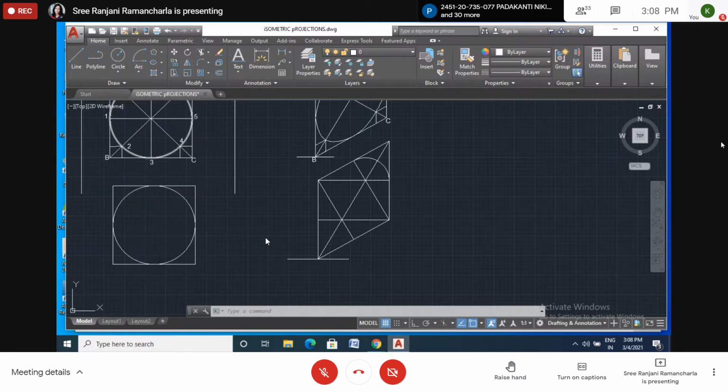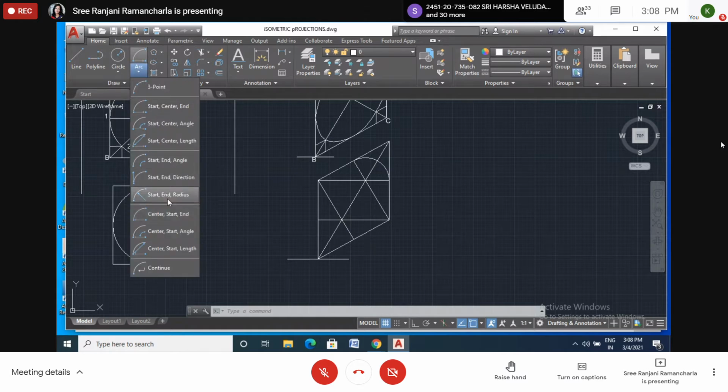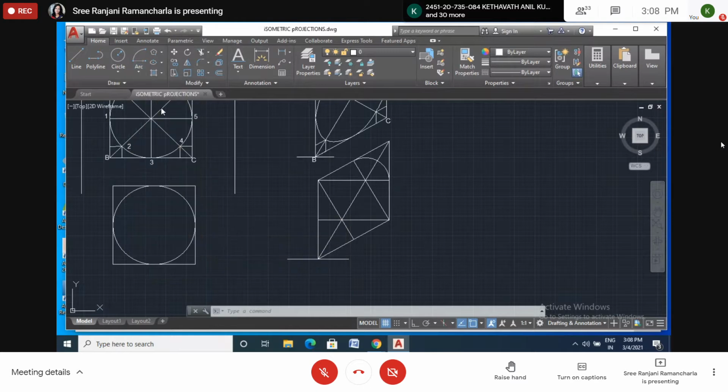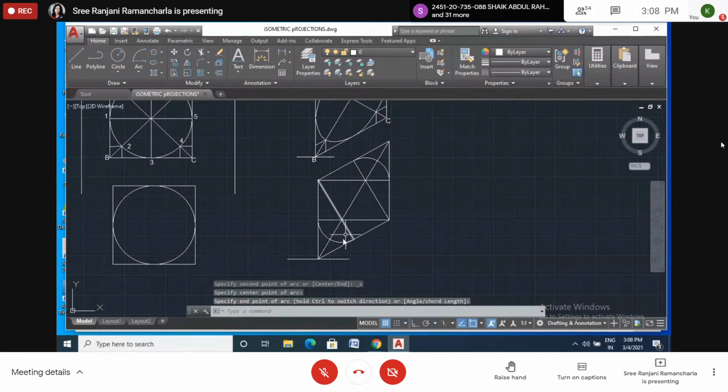Okay. So from here also, you have to draw the arc, taking this as a radius or this as a radius. If you take this as a radius, you can draw anti-clockwise. If you take this side, it will become clockwise direction. So don't go this direction. We will go this direction only. Again, center, start, end. What is the center? Okay, we'll take this one. Start, center, end. See. Okay. Now you got it.